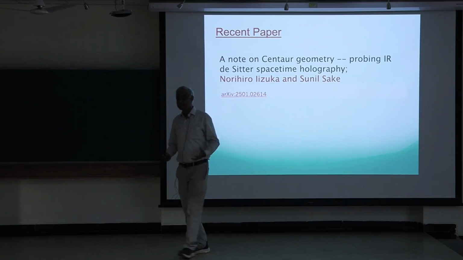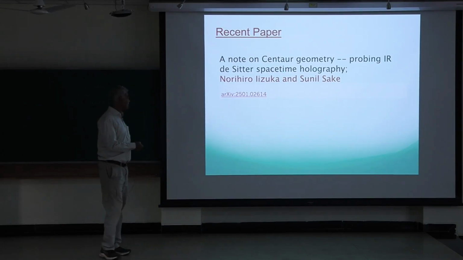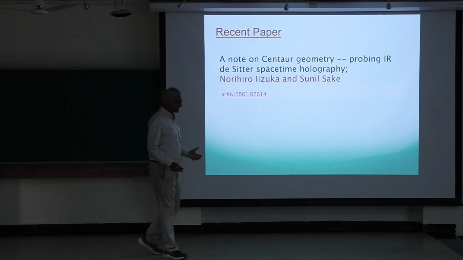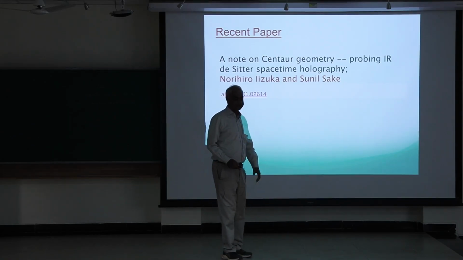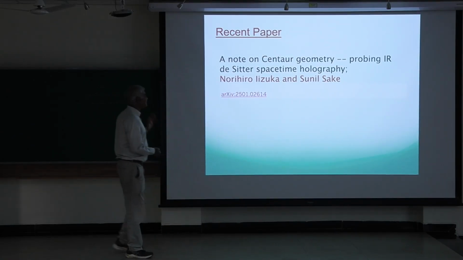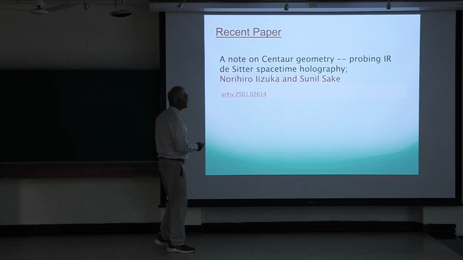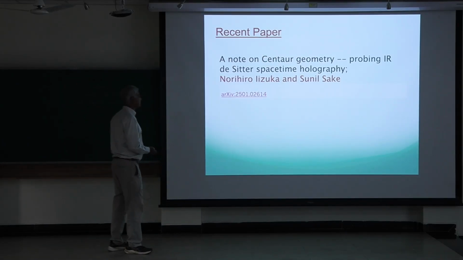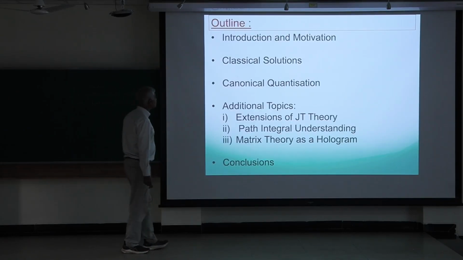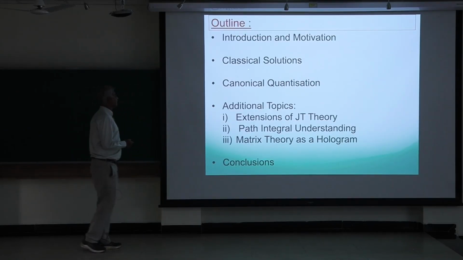And that's very interesting because we believe we can understand anti-deSitter more deeply, and so the idea is using that kind of a geometry, which is called a centaur geometry, can you understand aspects of deSitter space more deeply? And this idea has been around for a while. There's several people who have worked on it, but this is also an important paper which came at about the same time. Okay, so much for references.